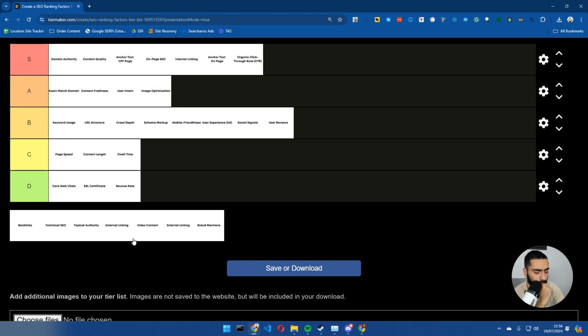rest. We then have external links. So what I mean by external links is if you are, let's say, you are quoting a certain statistic, or potentially you could be linking out to a certain website that basically supports your article. That is definitely good user experience. I think that is definitely a positive as opposed to a negative.